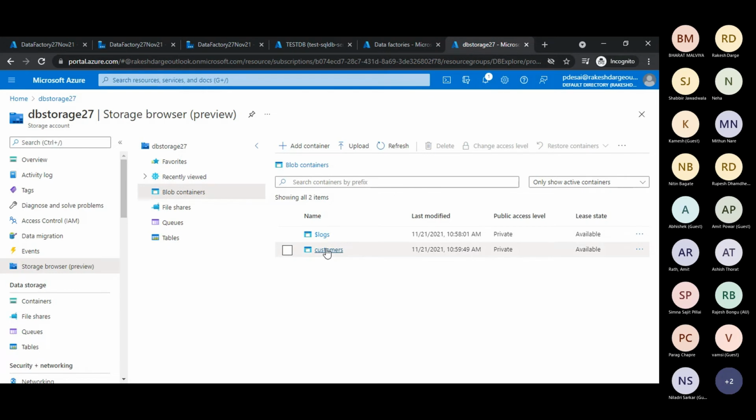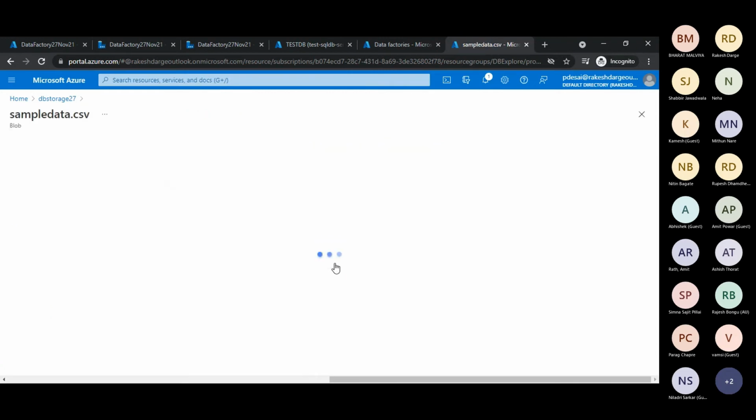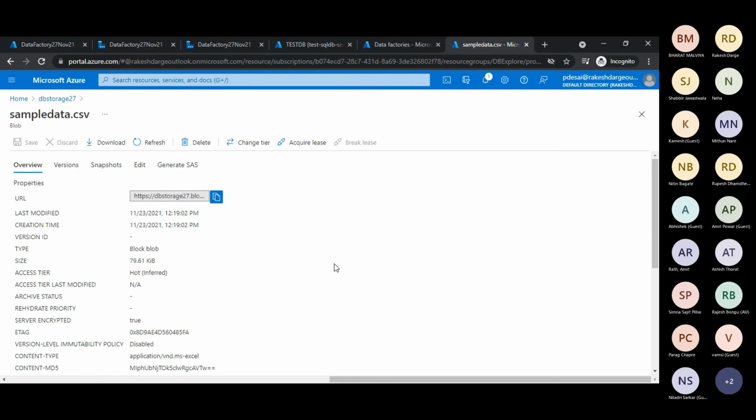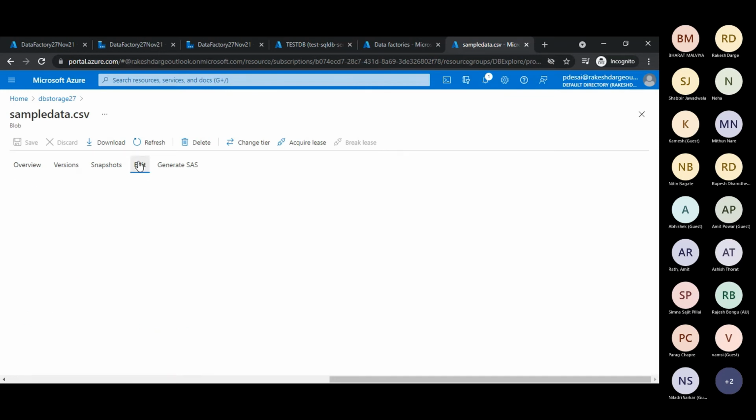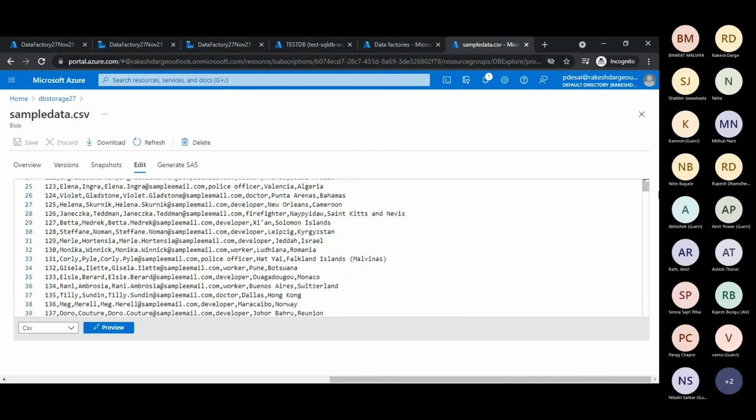And here is the customer container that I created, and inside that the sample data CSV. I can click on this, and if I go to edit, you will see the data present in this CSV file. You can see in the first row the column headers, ID, first name, etc., and all the data. I think there are